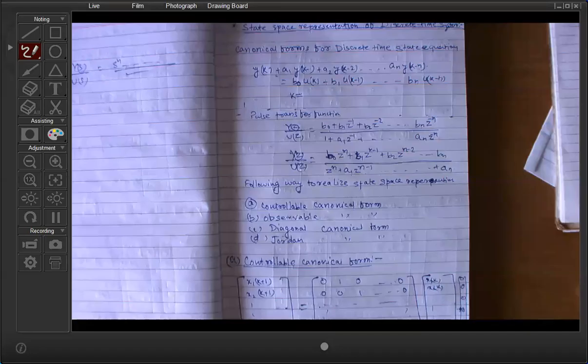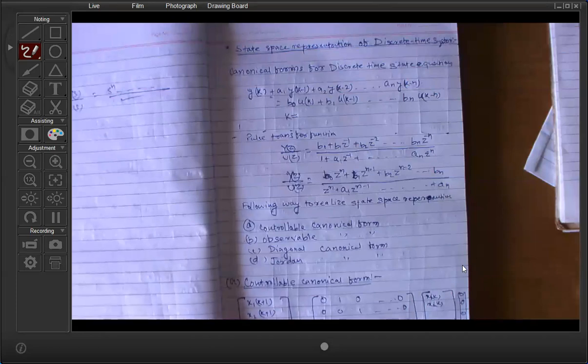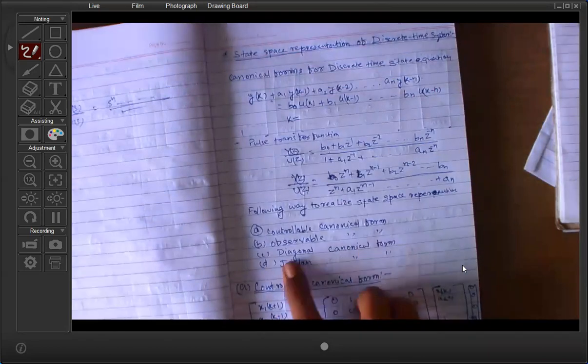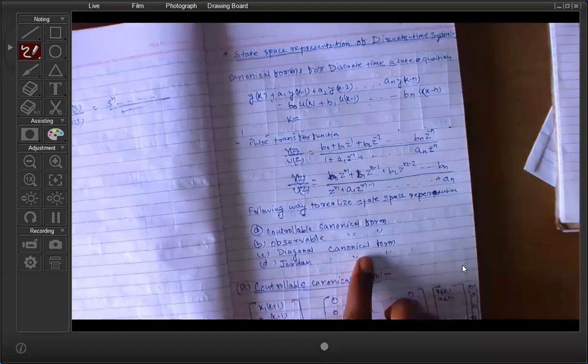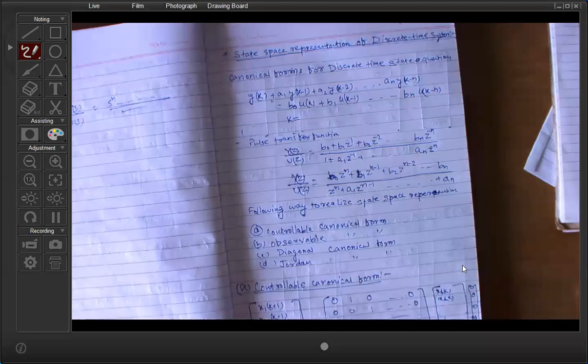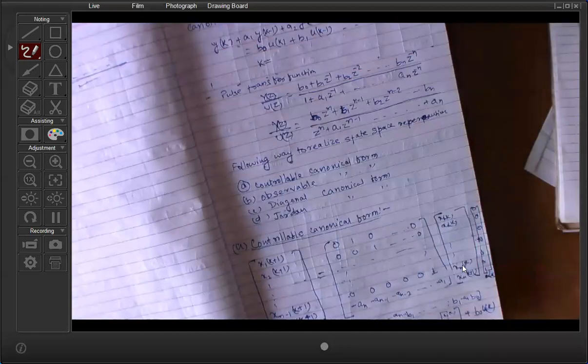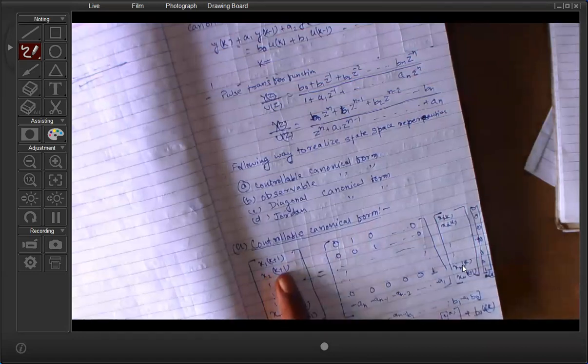Okay, so in the last class, I told you that from the transfer function to state space there are four forms: controllable canonical form, observable canonical form, diagonal canonical form, and the Jordan canonical form. So if you want to realize a state space in a controllable canonical form, directly you can represent it, suppose you have n number